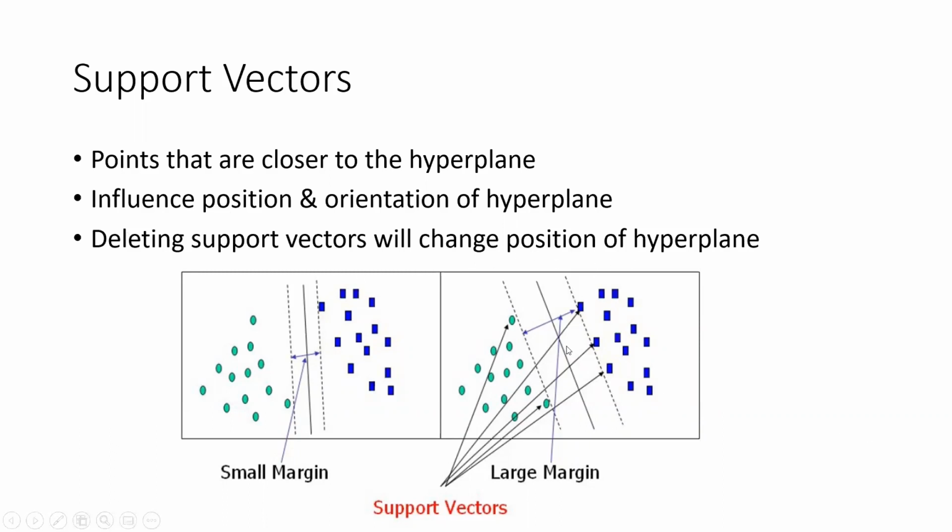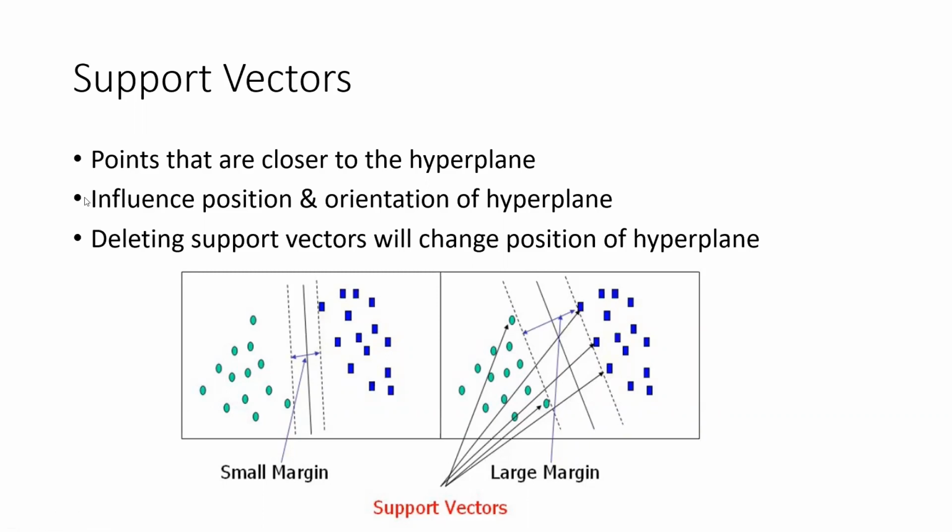Just look at this second picture over here. This is one particular hyperplane, what we have in the center, and whatever data points are closest to this hyperplane are called the support vectors. So in the circle class, this point is one of the support vectors, and this point is the other support vector. Similarly in the square class, you have this square, this square, and this square, which are closest to the optimal hyperplane. These are called the support vectors.